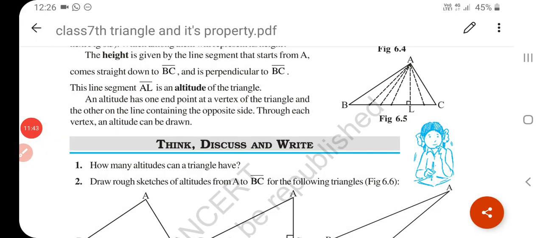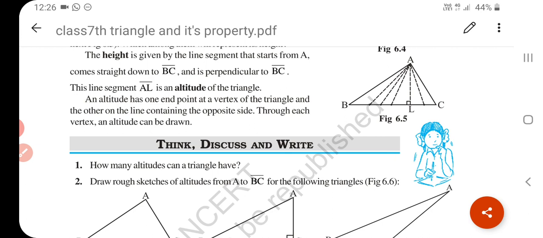So students, we can learn in this chapter what a triangle is. A 3-sided closed figure is called a triangle. A triangle has 3 sides, 3 angles and 3 vertices. In the given figure, the polygon is a triangle, and a triangle is also called a polygon. A polygon is also called a triangle because it has 3 sides.